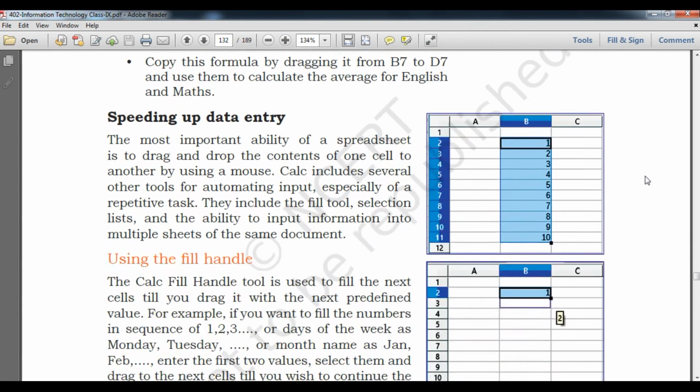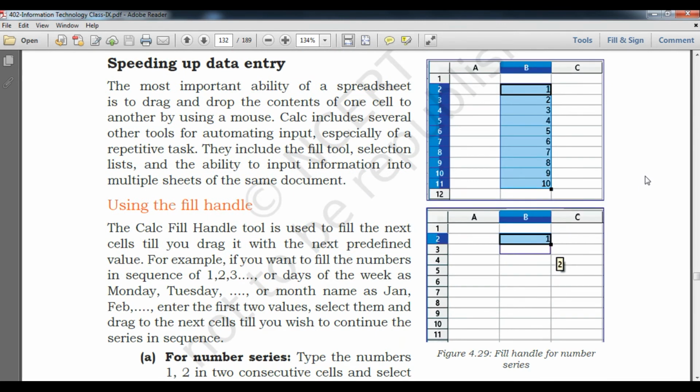Now, speeding up data entry. How do we speed up data entry, students? Sometimes we need to enter data without typing it again and again. For example, numbers 1 2 3 4 5 6 7 up to 10. This is possible with the help of the fill handle. What is the fill handle?